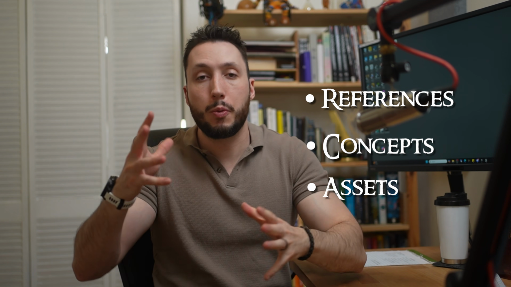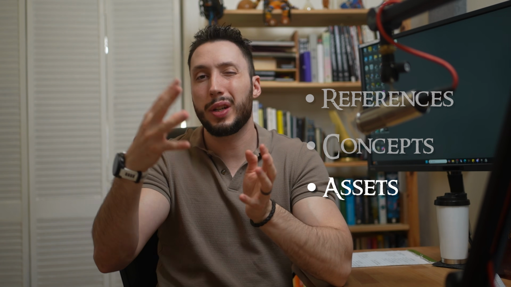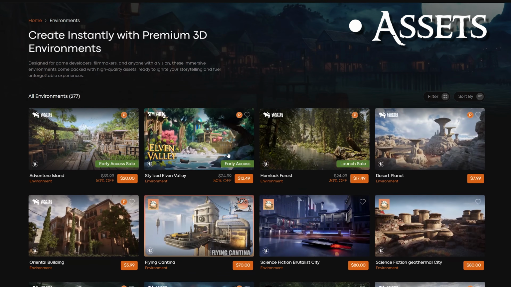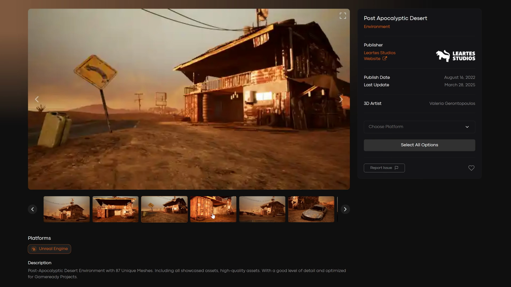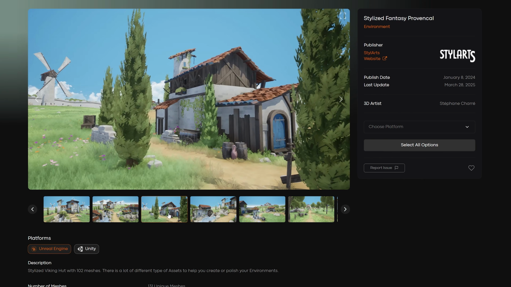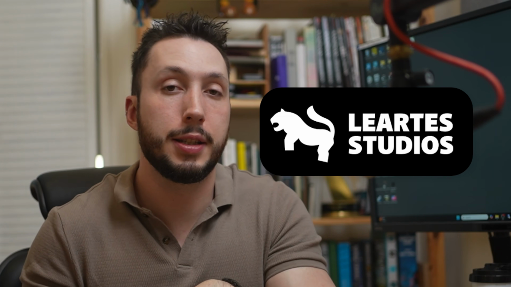So we have our reference, then our concept, then our assets. At the point where I was working on my concept, I was also looking at other asset packs and things out there that were available that I could use to build what I wanted to build. So it was a push and pull of what I was excited to build and what assets are easily available. In my case, I was looking around on LEARTES' own asset library, and I discovered this really